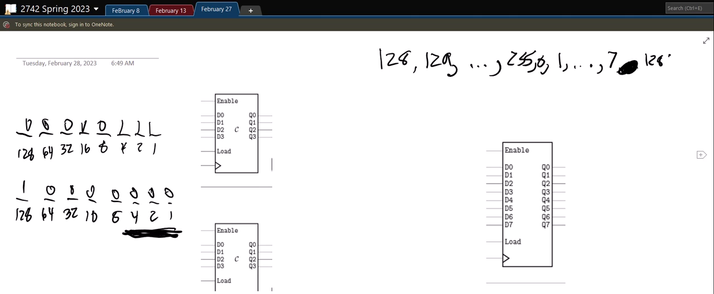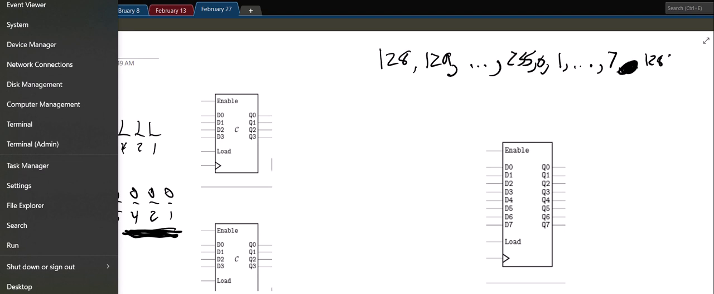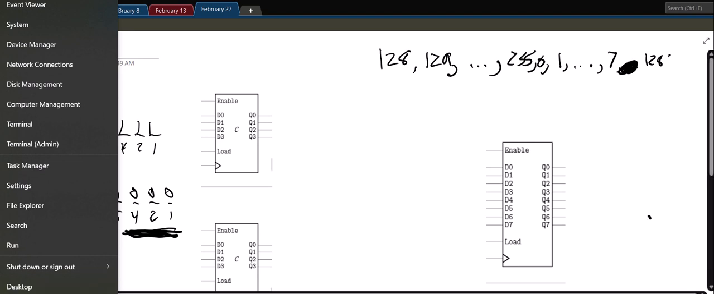And so we can't just detect when we have 7. So it would be where these three are 1 and everything else is 0. So that would be, we can do that. And so the way that would look would be